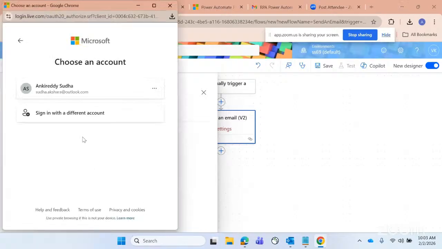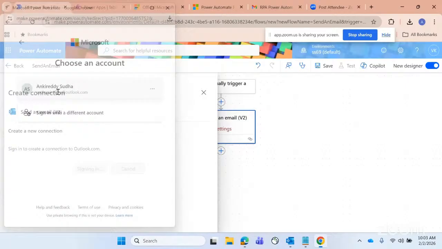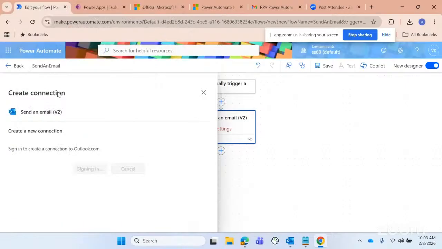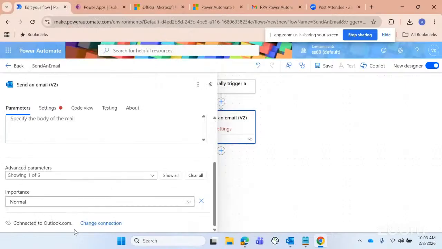See, with the account you are going to create a connection. Without creating a connection, you won't be able to send an email. If there is a requirement in Power Automate where you want to implement a cloud flow that retrieves data from a SQL Server database table, or Oracle, or Excel, whatever it may be,